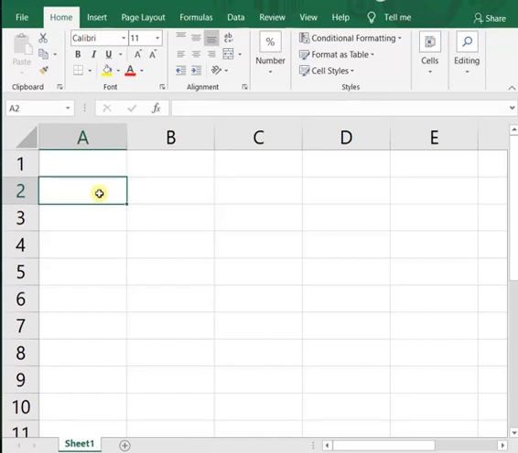So we'll do undo. This was the last action that we have taken. That means the last action is what? Deleting the content of this A2 cell, the word computer has been deleted. It was our last action. So it can be brought back again. It can be reversed by the option undo.